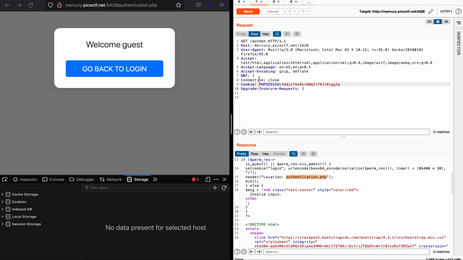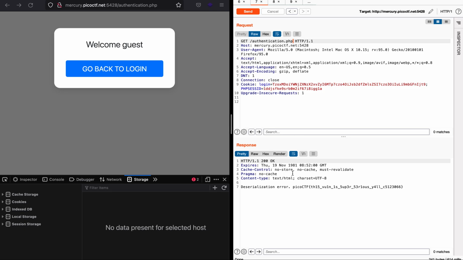Let's just search a cookie first, login, and let's just go to this page. As you can see, we get a deserialization error, and this is the flag for the challenge. So thank you guys, this is it for the video.